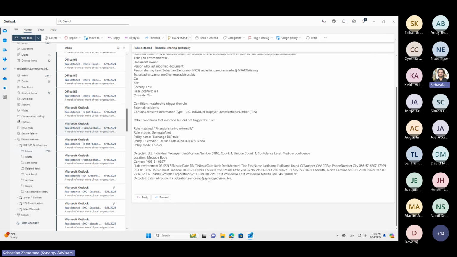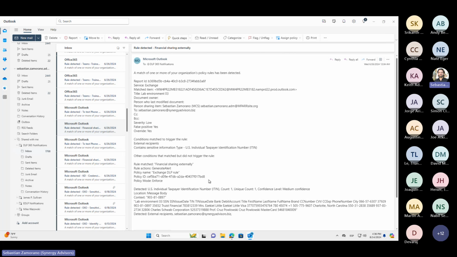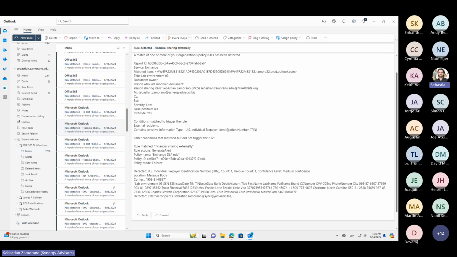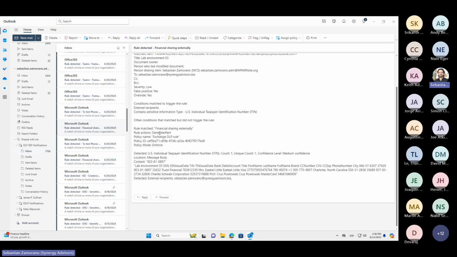Here we can see as an example, when you set that incident report without attachment, we are able to see who is sending to whom, if someone was on copy, BCC, which is the conditions that matches the sensitive information. And here we can see that the rule that matches is the financial sharing externally, the policy name is the Exchange DLP rule, the location, and this, let me see if I can do an exercise very quick, but